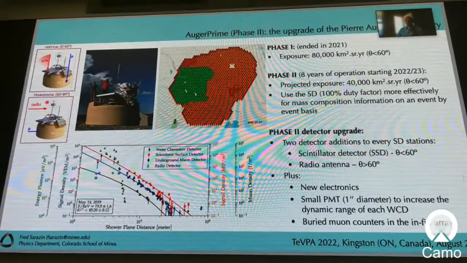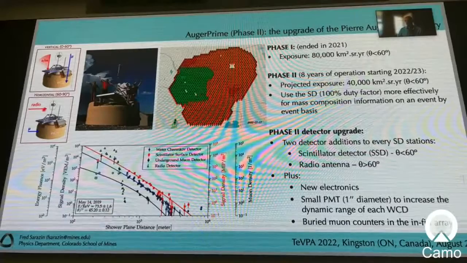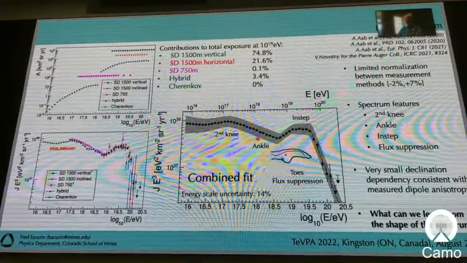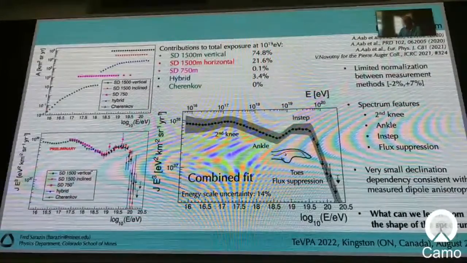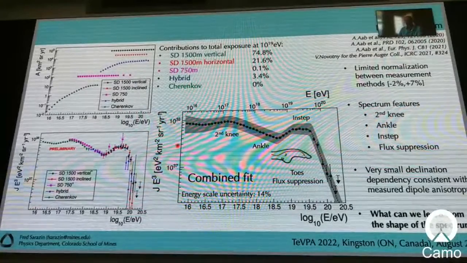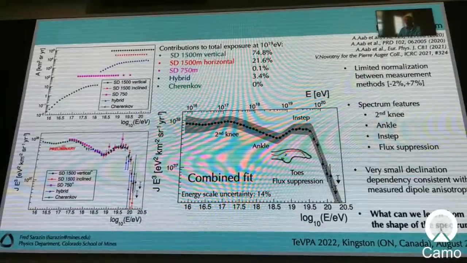Except that you can take the radio signal to measure the energy, and then use the WC for... Okay, so you've seen the spectrum for TeVPA already. The spectrum for Auger has a lot of statistics because Auger is much bigger than TeVPA. The latest result is basically an extension